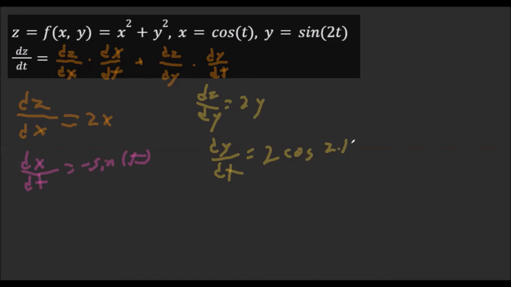Now, funnily enough, in order to find the derivative of y, we actually had to employ the Cartesian single variable chain rule, which I've made a video on in the past in case you're interested. But all we have to do now is just plug in our variables to our general equation up above. I'll write it down here. dz/dt is equal to dz/dx, which is 2x, times dx/dt, which is negative sine t,